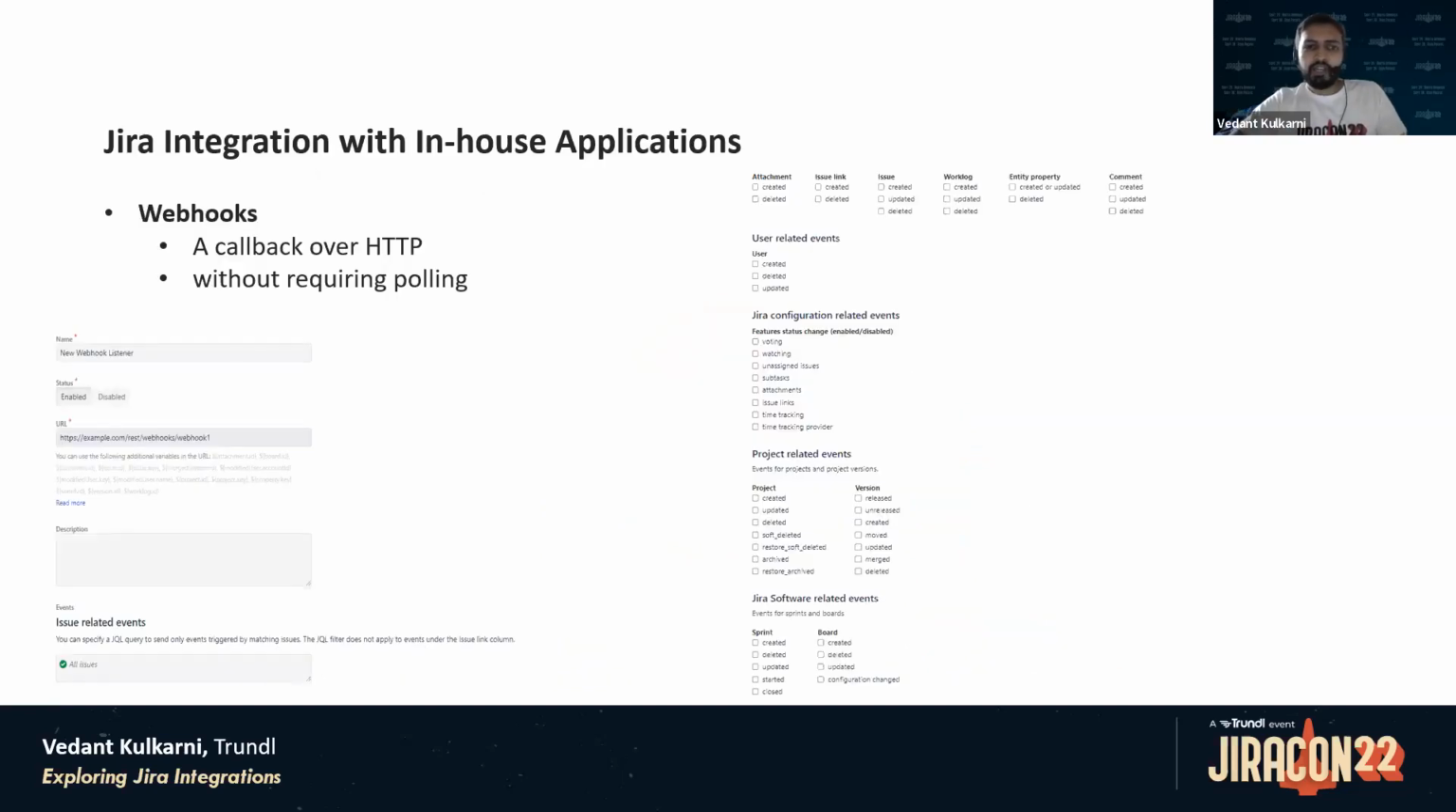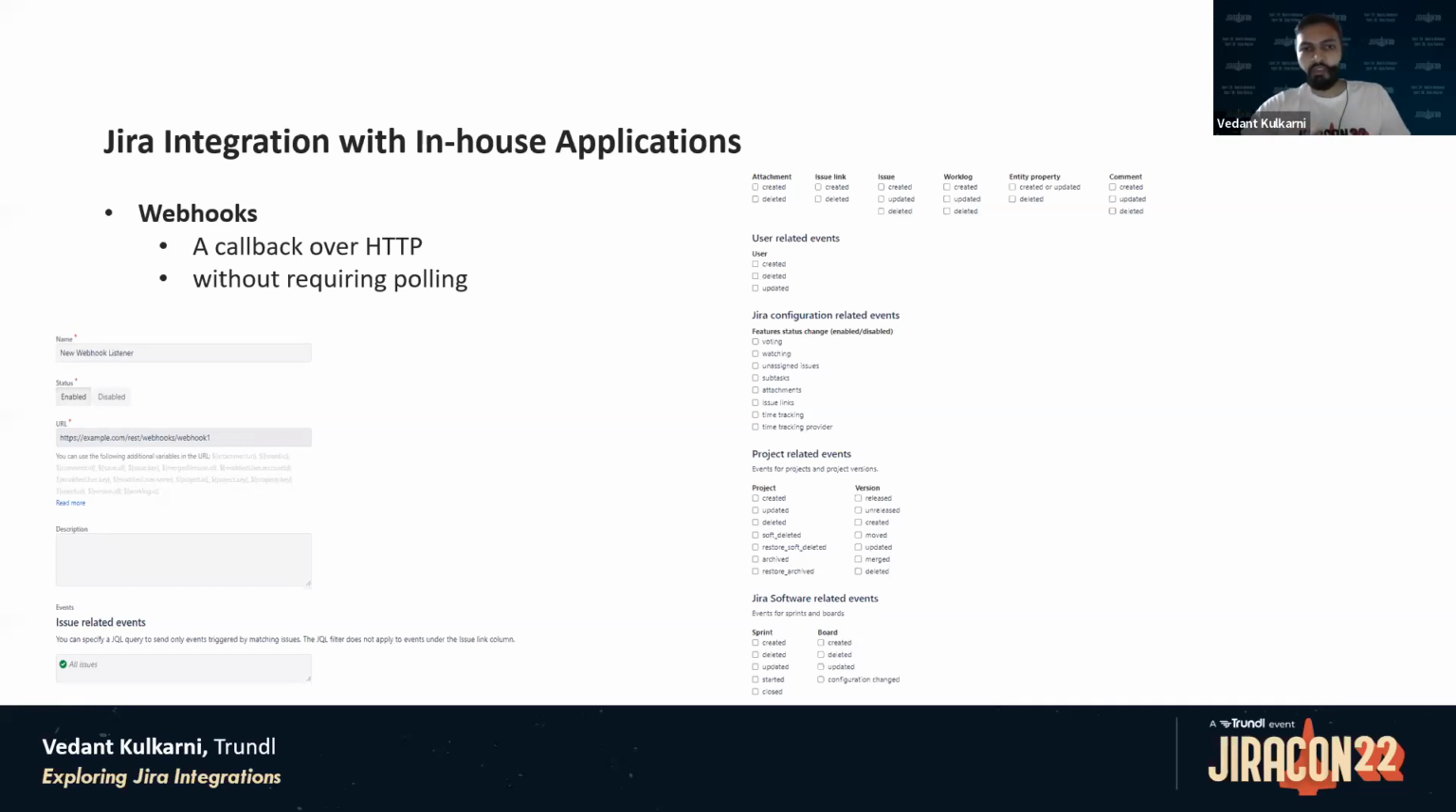I would like to start with a very popular and native feature in Jira, that is basically a webhook. When you want to integrate your inbuilt web application, a webhook is something which definitely can help you integrate with your web app. A webhook is basically a call over HTTP, and you do not require continuous polling from the other end of the application. So you have to configure the webhook in Jira, and